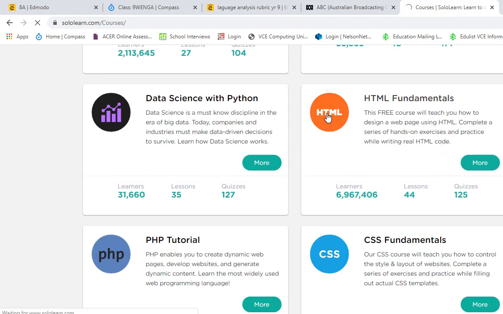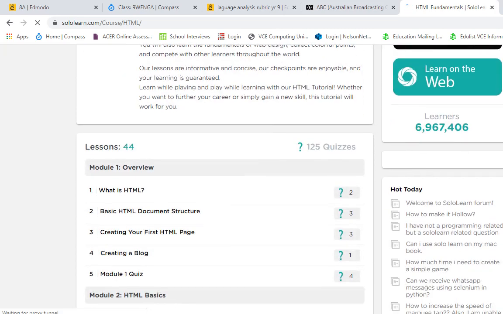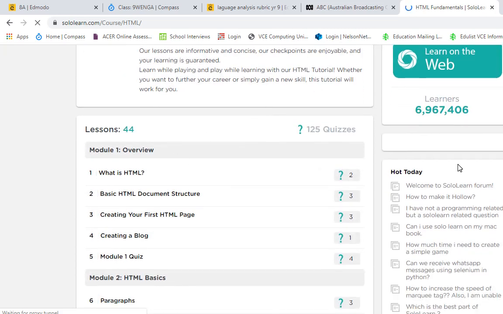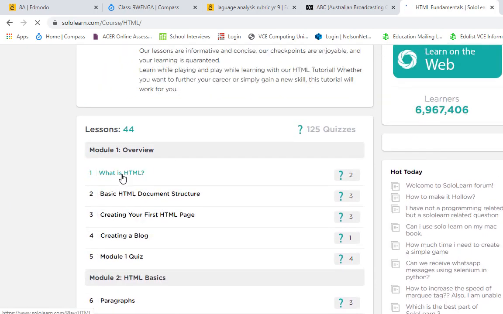So click on the HTML there, HTML fundamentals, and we need to enroll in that course. Okay, so you can see down here, these are all the little bits that you need to do. Don't skip ahead, start at number 1